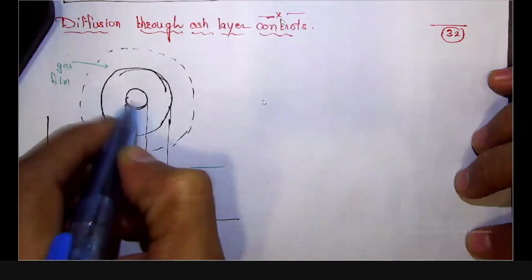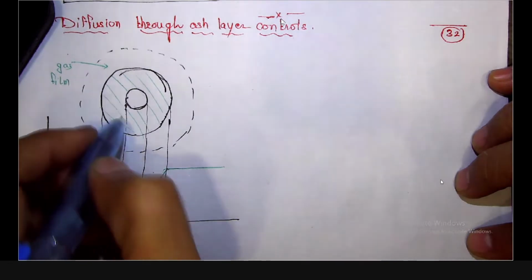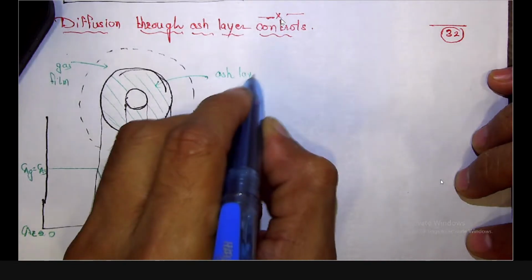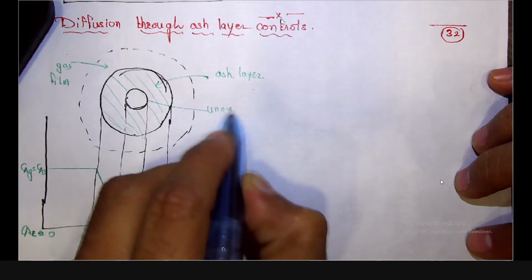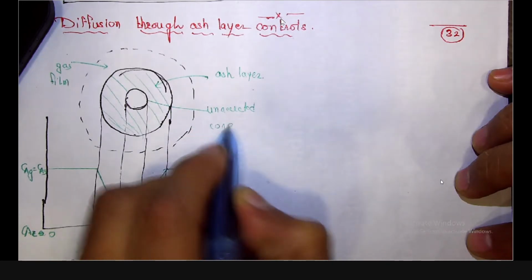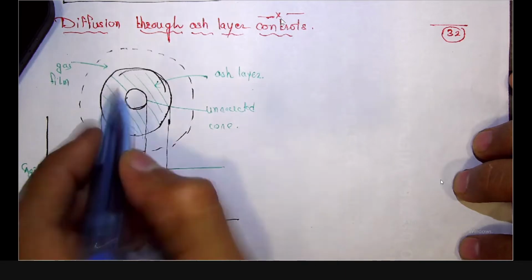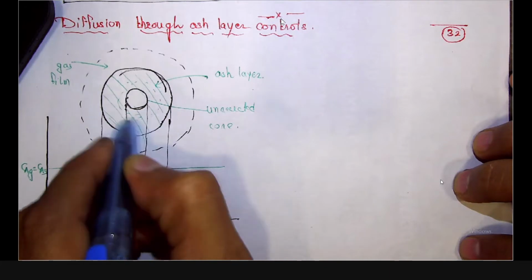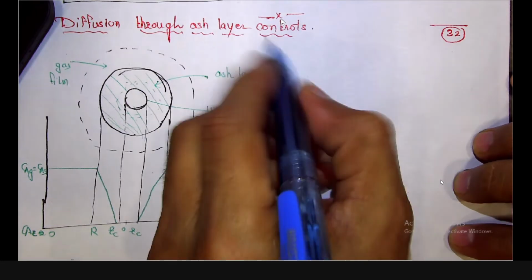And this is the unreacted core, and this is the reacted core, the reacted layer, and that is the ash layer. Okay, and at any point we can say this particular location in the ash layer. So now if you write the equation for the change in